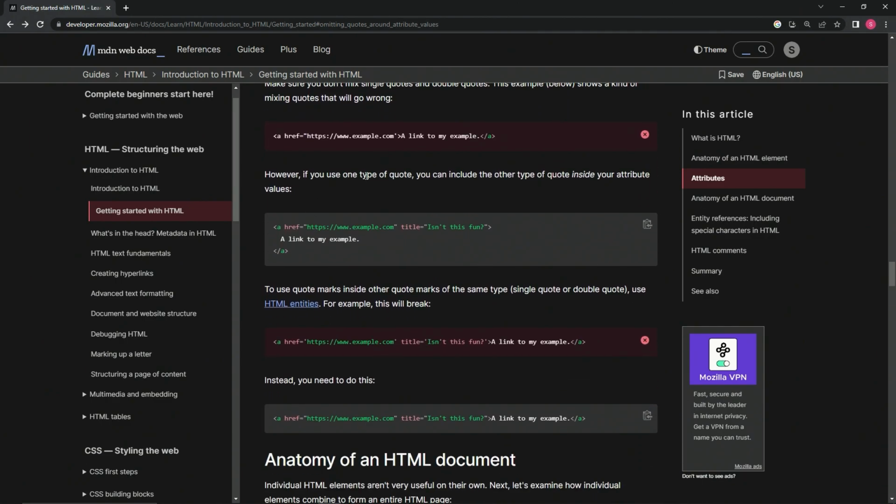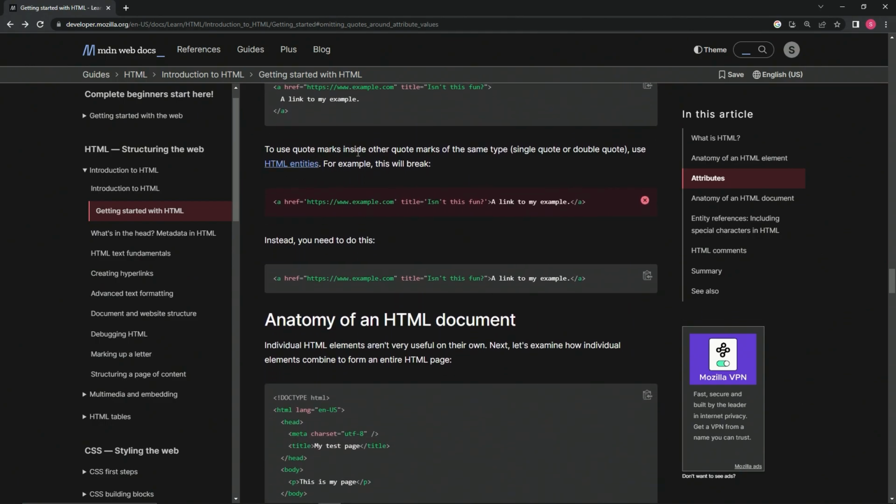However, if we use one type of quote, we can include the other type of quote inside our attribute values. All right, so here's this href, and then title, isn't this fun? Yeah, because there's this and this right here. So this one's got double quotes because there's an apostrophe right there. Awesome. So to use quote marks inside other quote marks of the same type, single quote or double quote, use